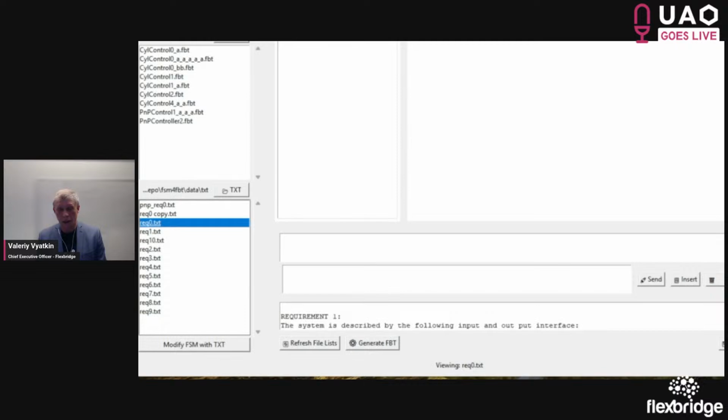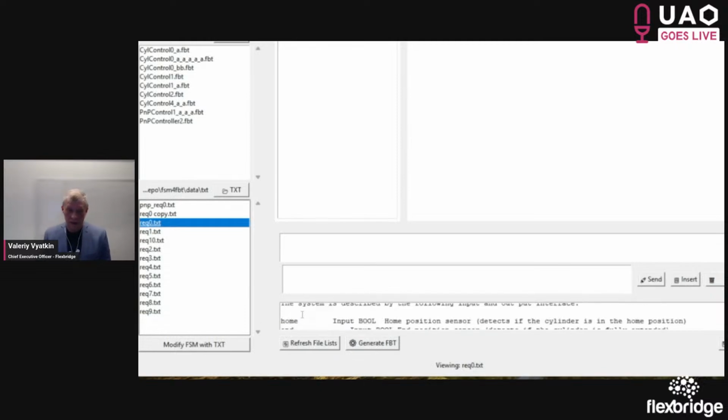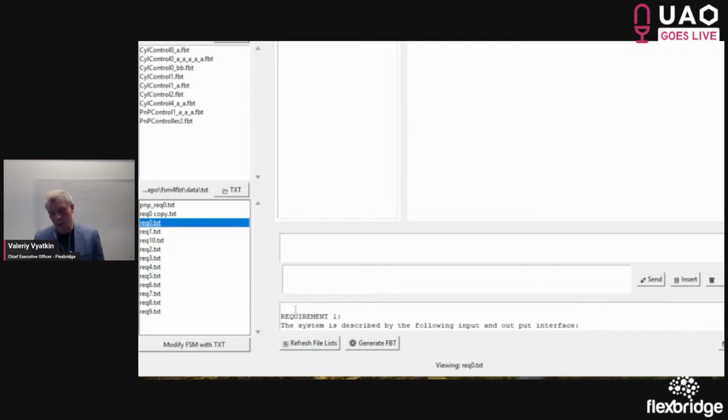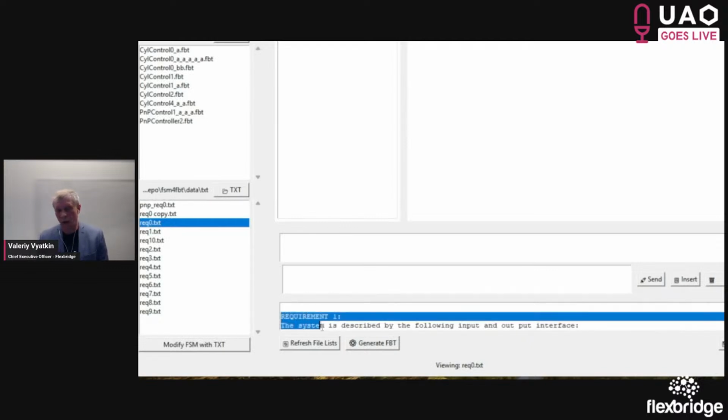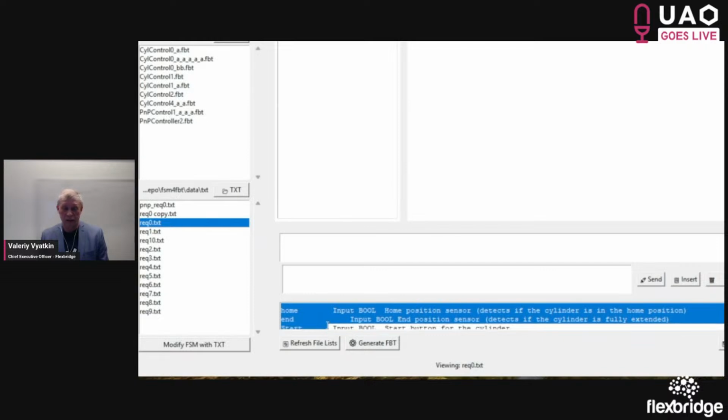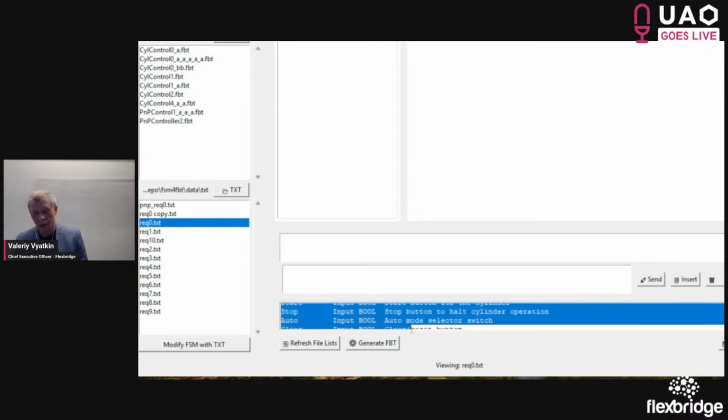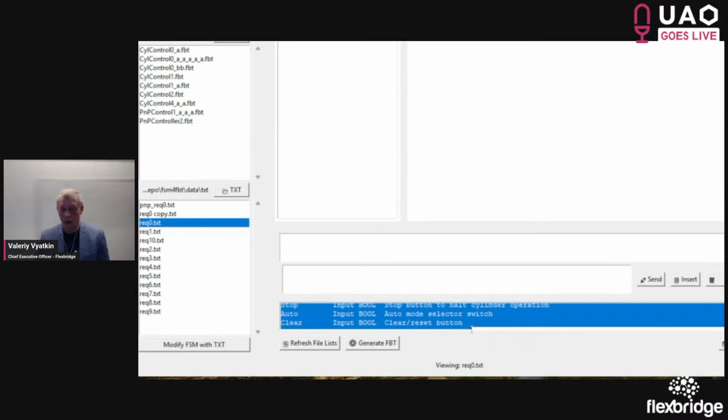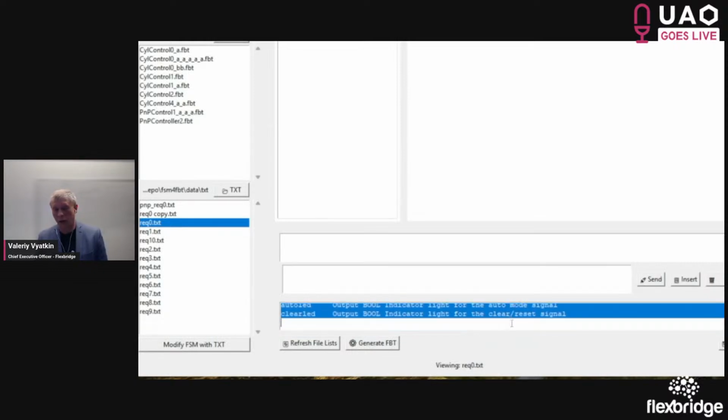And we now have this small strip with a text editor where we can select the requirement and insert it to the chat with artificial intelligence, and then see how the artificial intelligence would modify our state machine.